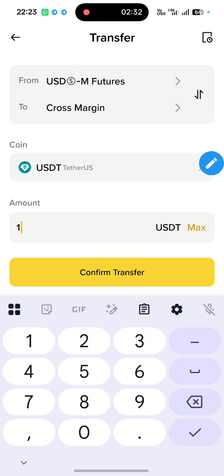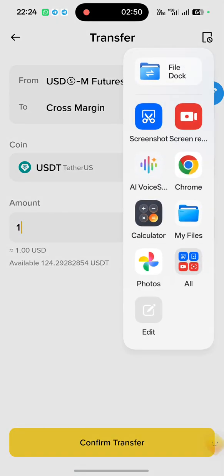Let's say you've already deposited money in your futures balance before. You've already deposited another money in your spot too. Maybe $100 on spot, $100 on futures. Which means in this area, you can just deposit as low as $1 minimum. But if you have more than that, let's say you have $1,000, you can still deposit it to this cross